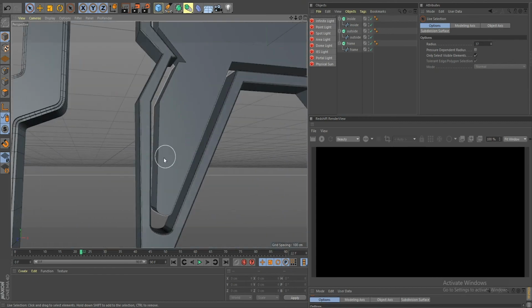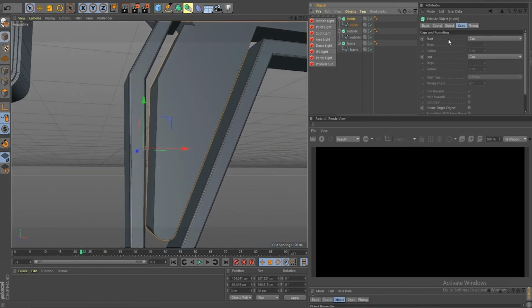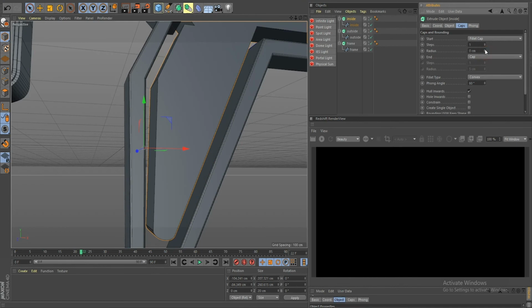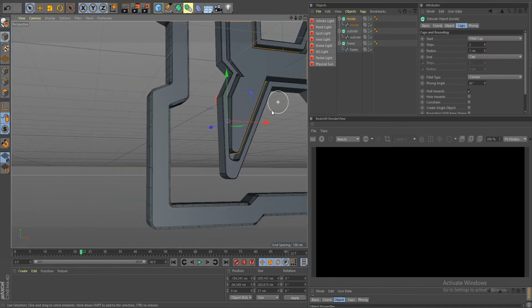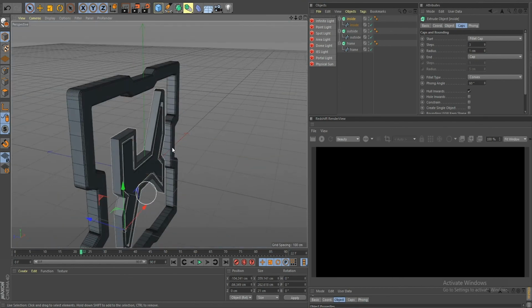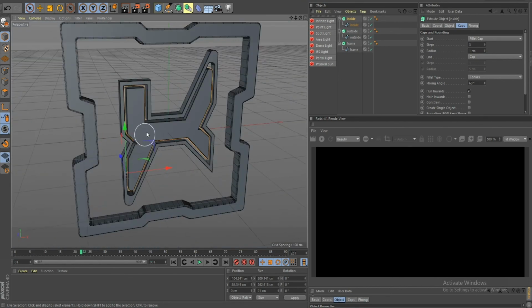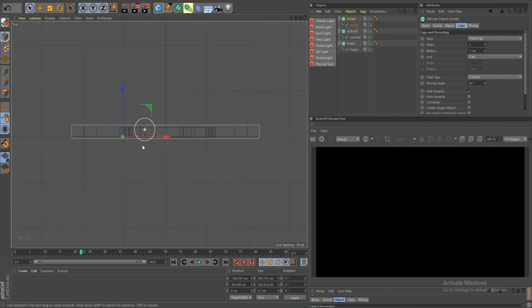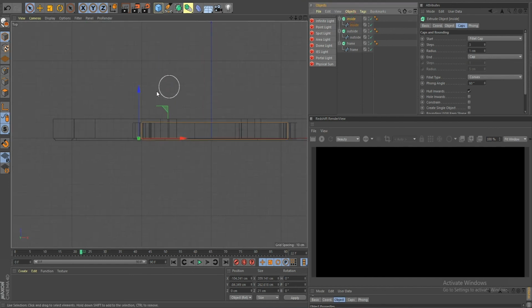So now we can add the filler cap for this as well. Let's do filler cap, radius 1, and steps 3. Yeah, and that looks good so far. Now we can just create the background or the floor. And let me go back to the top view and select the inside